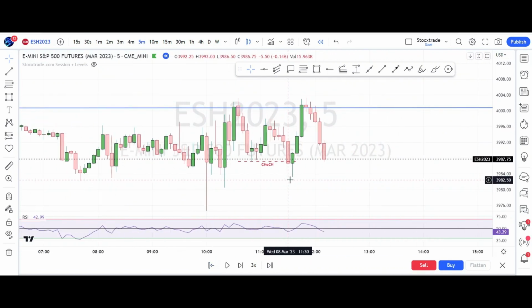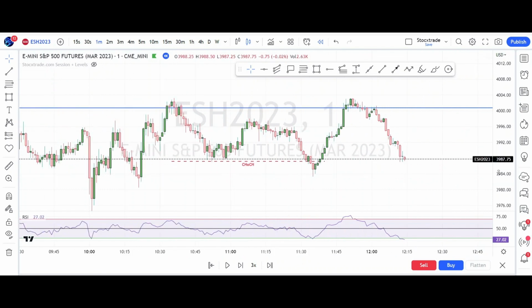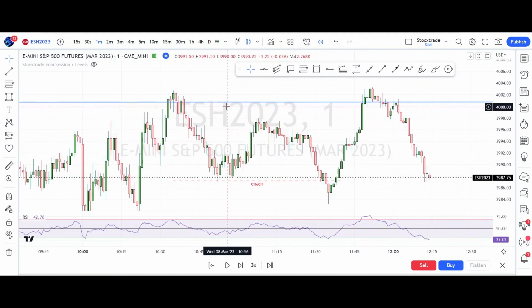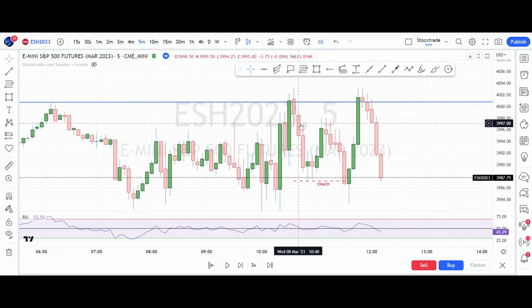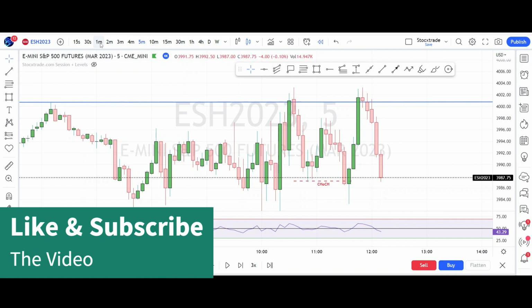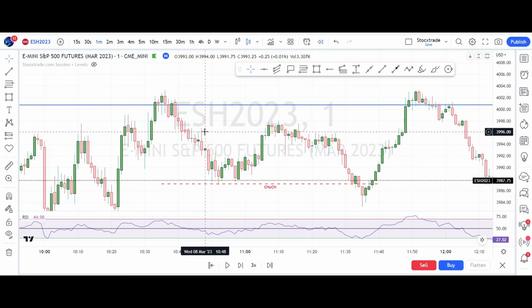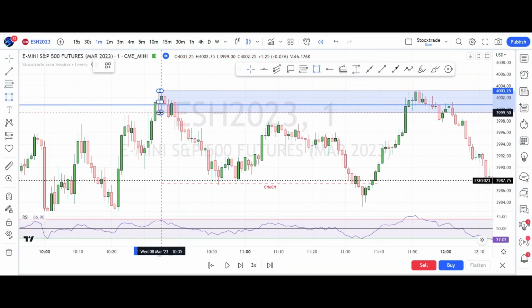So what you will do here, you can come inside the 1 minute time frame. This was your chalk, now the price is going to retest. If I'm getting any gap, so in 5 minutes you are not getting any gap, so you can lower the time frame to 1 minute. In 1 minute also I don't see any gap because the wicks are covering the previous candles. So what I can do, I can mark the order block. So this is my order block,